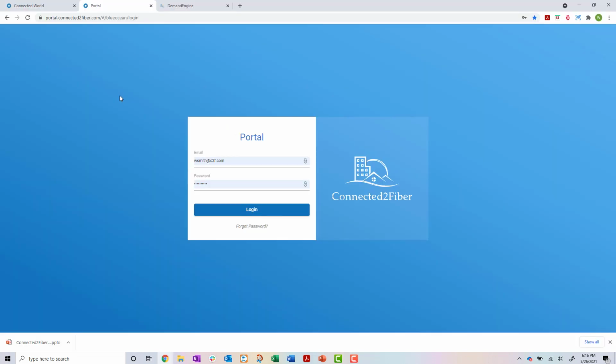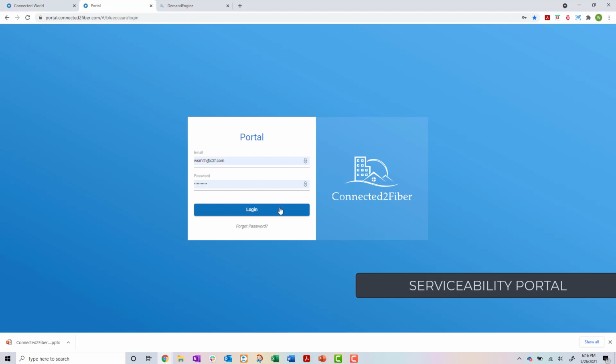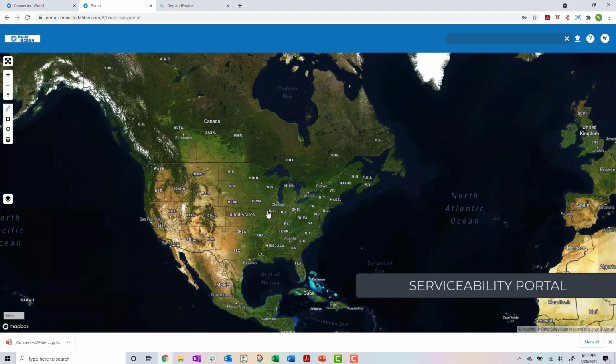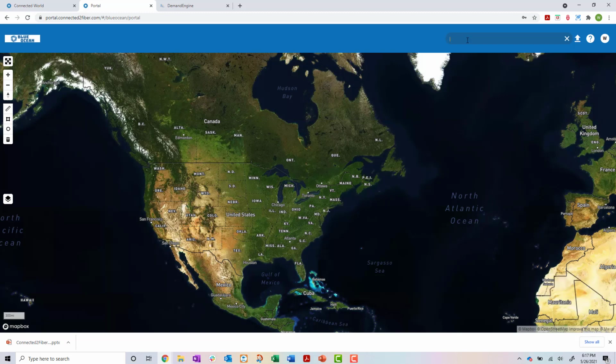Another way you can share your serviceability and pricing information is through the Connected World Serviceability Portal, which is a dedicated portal for your channel partners to easily access your serviceable locations, products, and pricing. Your partners are able to easily search for a specific location or set of locations and quickly understand whether you service those locations with what products and obtain pricing for that location if available, and then request information on that location. So your partners can type in an address,